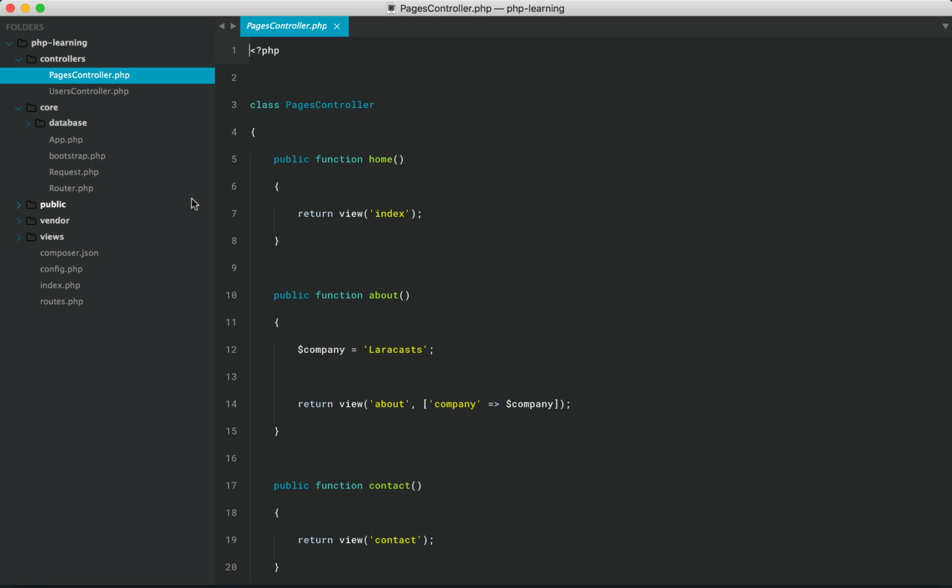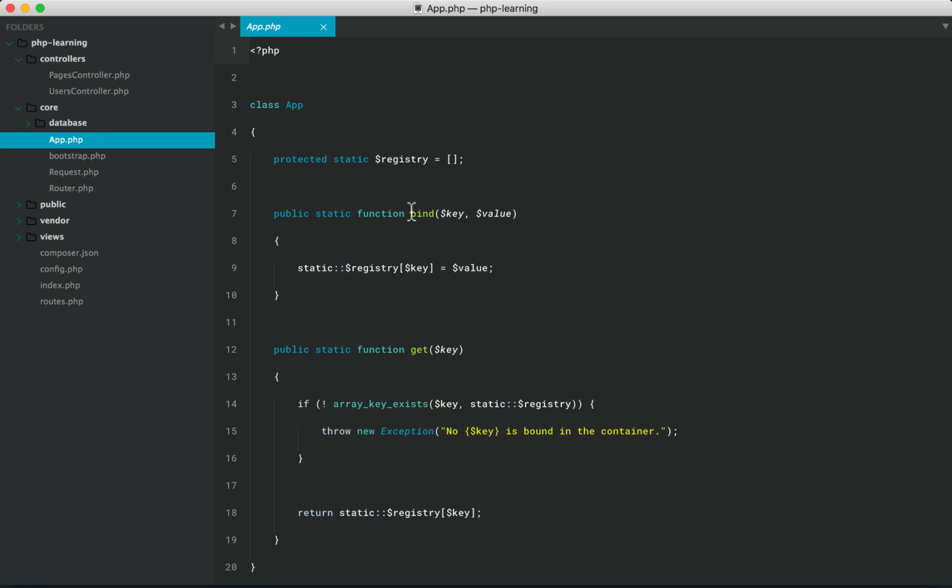So for example, if I go into my core, yeah, we have a request class or an app class, but maybe another class we create is also called app, or maybe a package we pull in has a class called app. Well, right now, they could clash, because we have two classes with the exact same name. There's going to be a problem. Which one do we actually want to load? So generally, it's a good practice to organize these into folders, or namespaces.